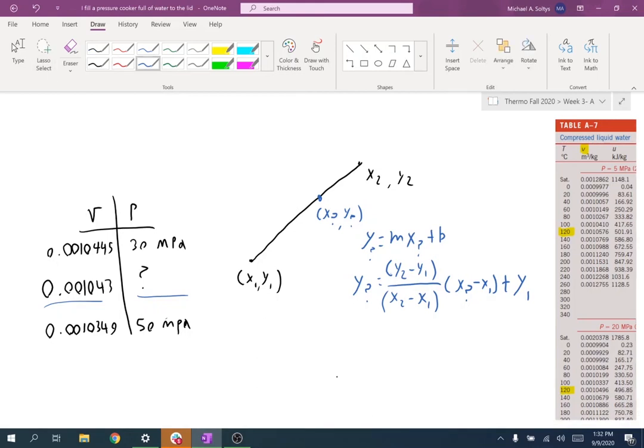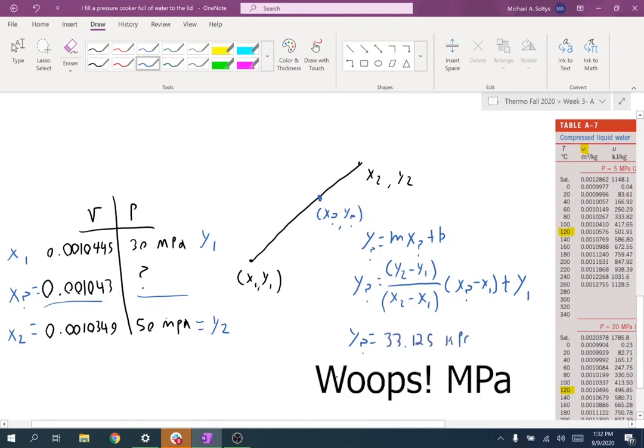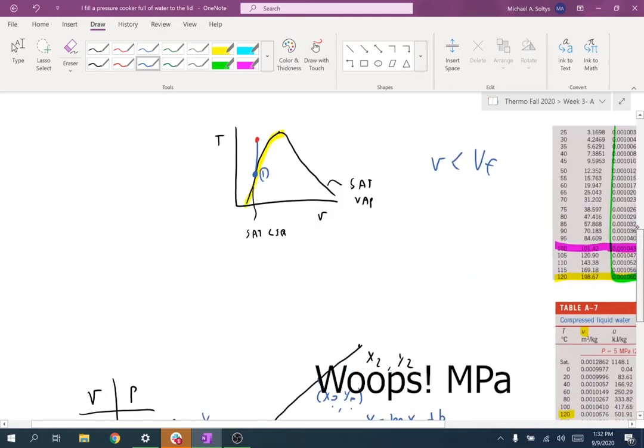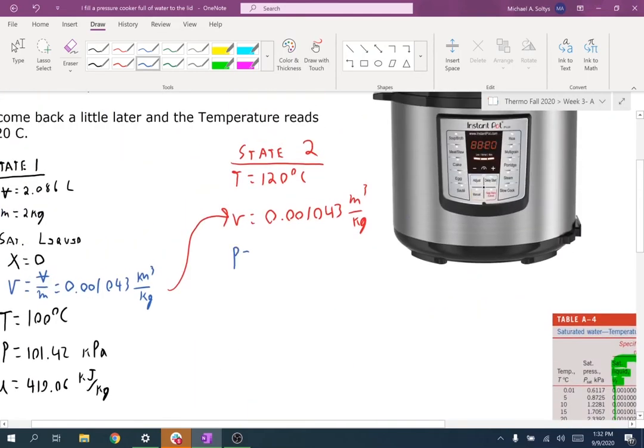I'm just going to label these numbers to save myself some writing here. This is going to be my y2, and I'll call this my y1, and that means this is my x2, and this is my x1, and this is my x question mark. So I could plug all those numbers into this formula here and get my y question mark, my new pressure, which is equal to 33.125 kilopascals. And so I could plug that in to my state here. So my pressure that I just calculated is 33.125